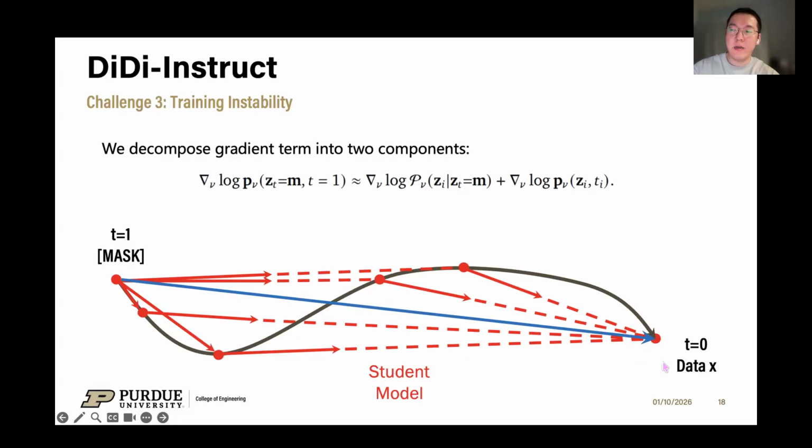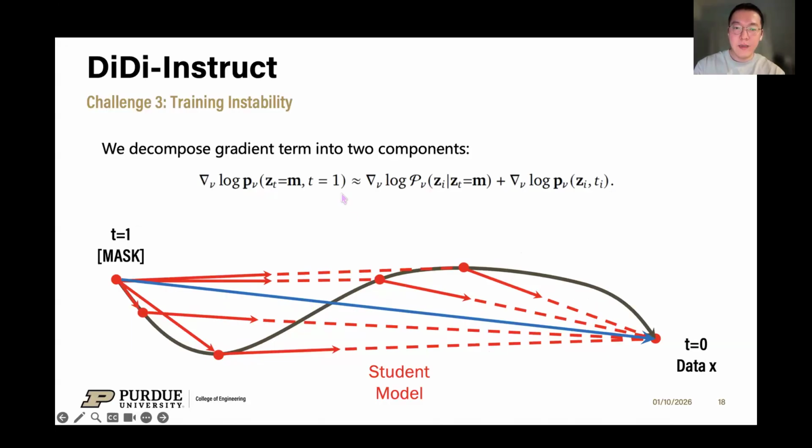But diffusion language model is a pretty complex, challenging task. So we cannot just use one step to get a high quality sample. Normally, in our experiment, it requires like 16 steps. That means if we train with this blue line, it does not encounter any intermediate state in the trajectory. So when we do the inference and jump to some intermediate state here, the student model does not encounter that situation, so it will fail and it will have